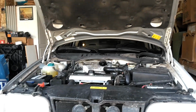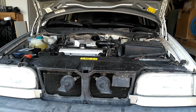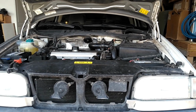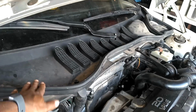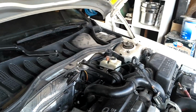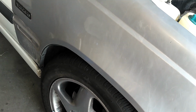Back here with the white horse with the silver lining. I'm gonna put a seal across the firewall. This seal here stops smoke and fluid from coming up over the windshield. It seals along the bottom of the hood. I put that in place. I'm gonna rivet the skirt in